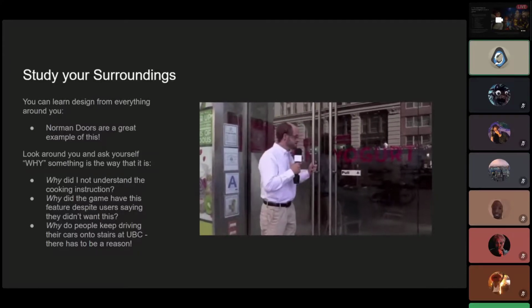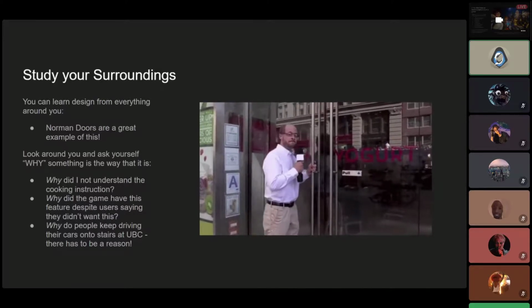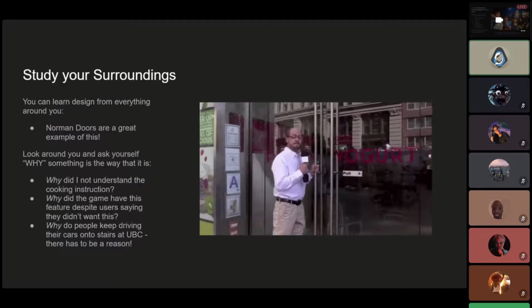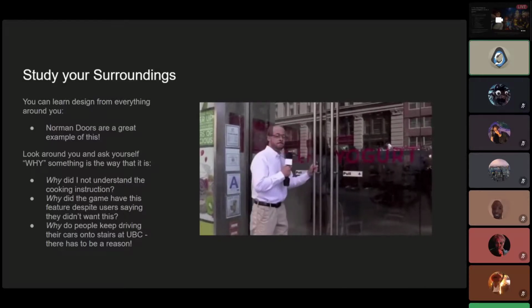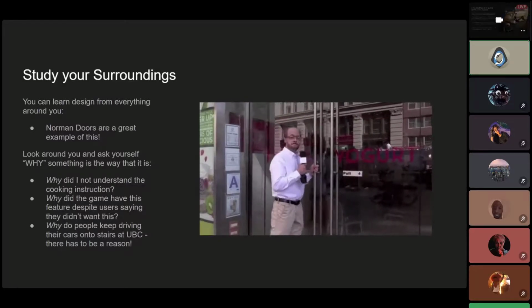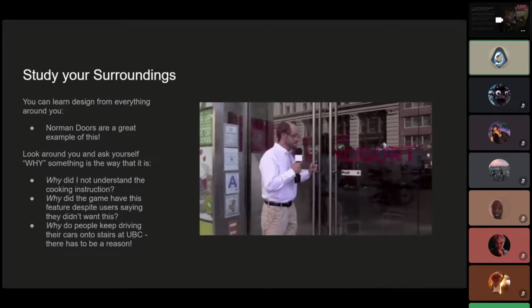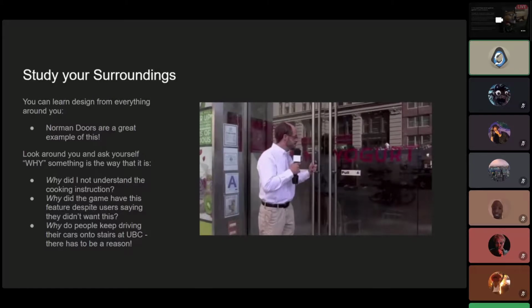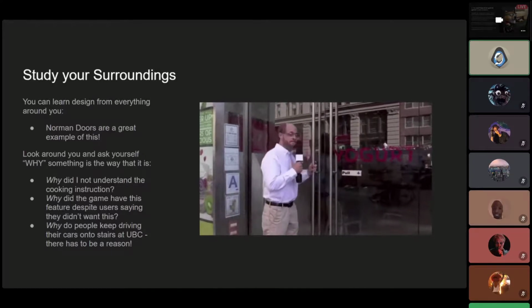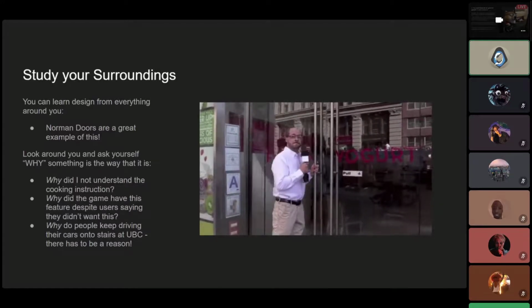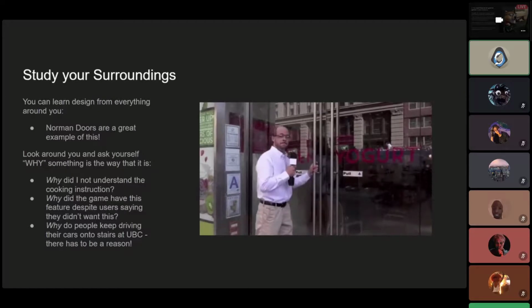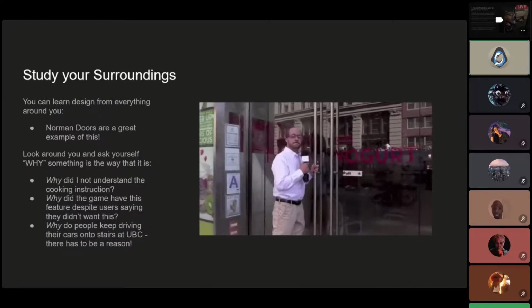A lot of times in design, we'll say it's never the user's fault, it's the designer's fault. And with these doors that we're looking at specifically, if you've got that handle like that, you intuitively want to pull on it. But if you're supposed to push the door, the sign says push, but the intuitive part says pull. So people pull and they get stuck on the door and then they get frustrated and they can't walk through it. How do you solve that? That's just one example.